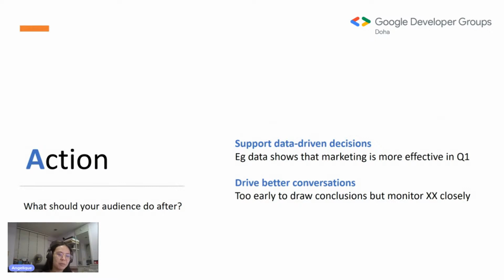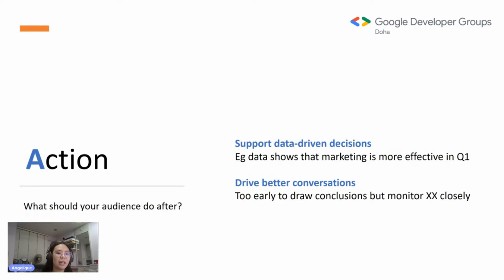Now, the last section, right? Action. So after looking at your chart, what should your audience do? And you want to make sure that you're supporting data-driven decisions, and that can be done through having a subtitle, like we had in the previous slide, which says, "Oh, marketing is more effective in Q1." So that highlights a key takeaway that managers can have from this data viz, which is that, should we do